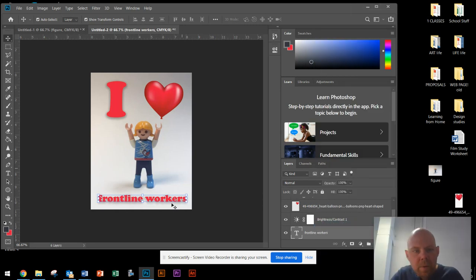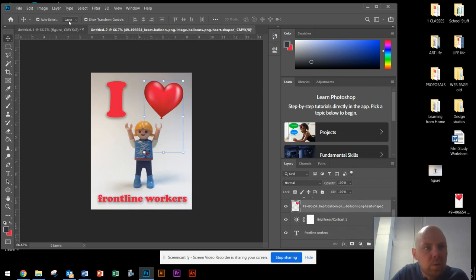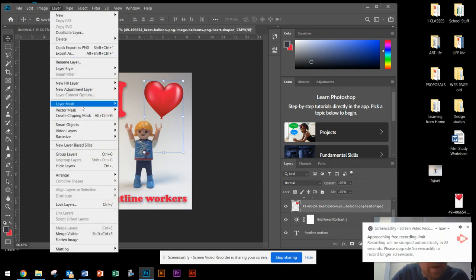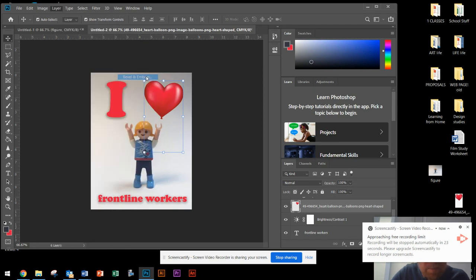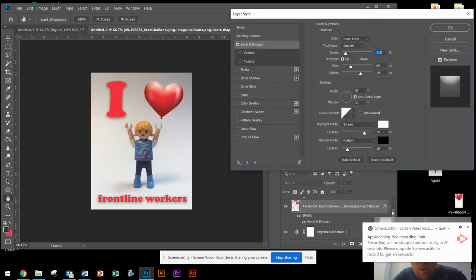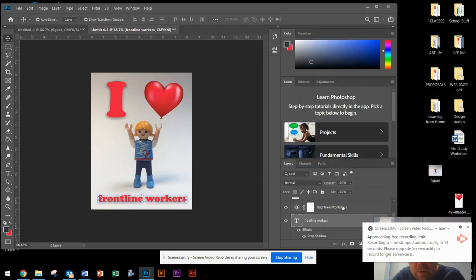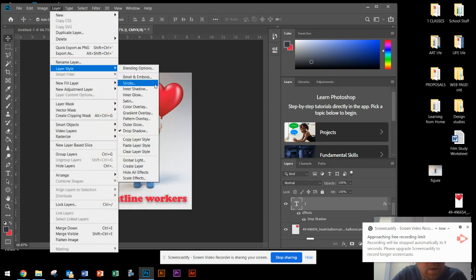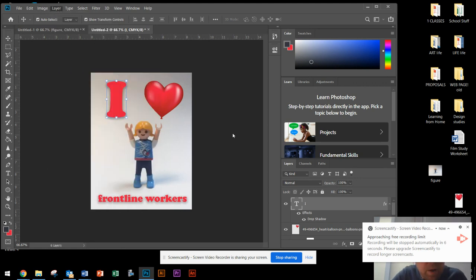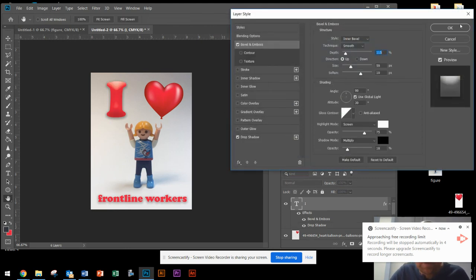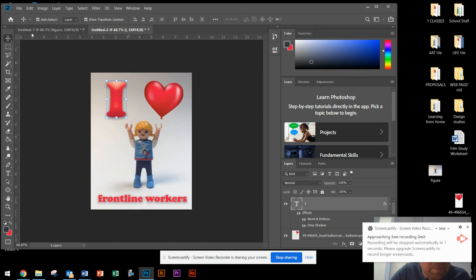Okay. Lastly, I'm looking at the I and I'm thinking it doesn't quite match the heart, so maybe I'll do one more effect. So I'm going to go back to Layer, Layer Style, and Bevel and Emboss. Oops, I'm on the wrong layer. Notice what it did to the heart, so I'm just going to cancel that. Let's go to my I layer, and same thing, Layer, Layer Style, Bevel and Emboss. Okay, now that's looking pretty good. I'm just going to go ahead and accept that because I think I'm running out of time on my film. So essentially,